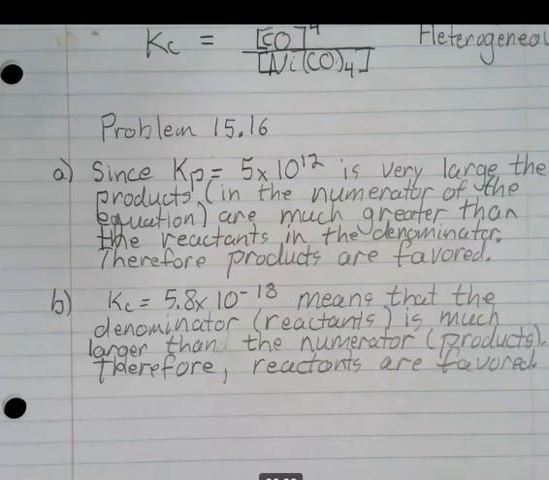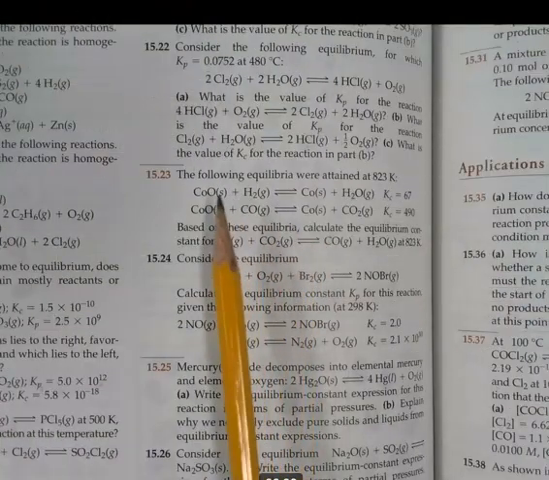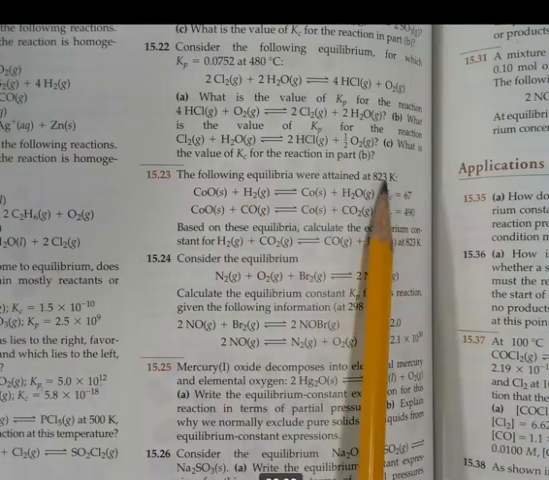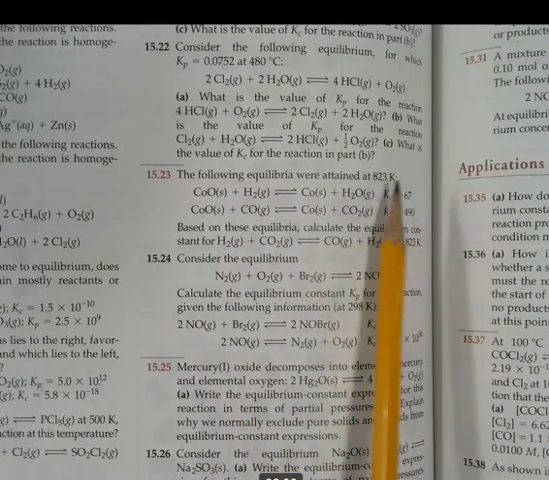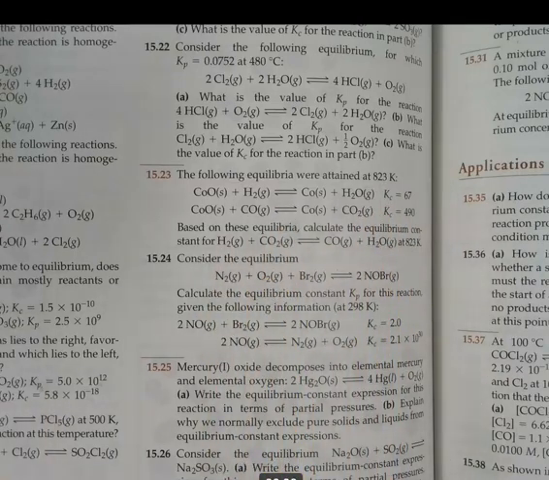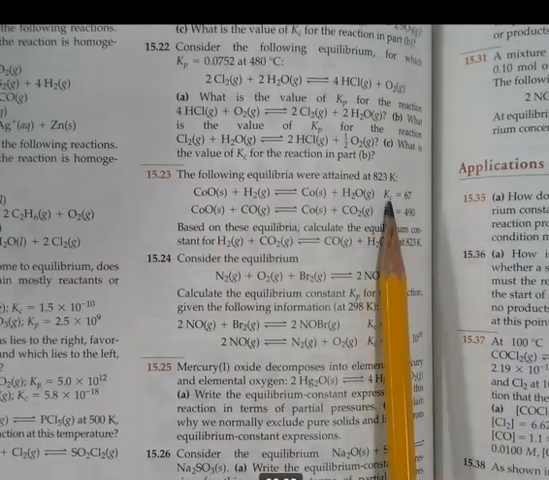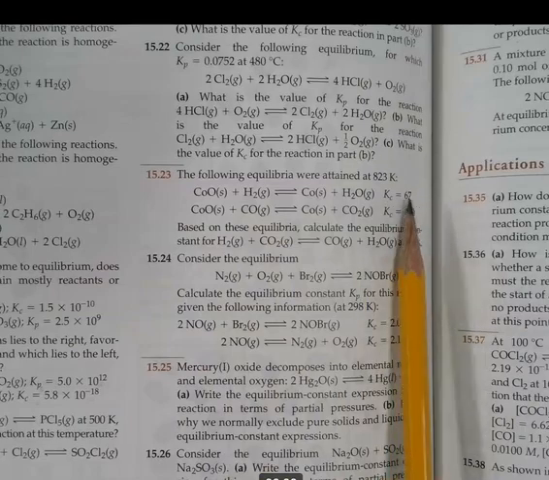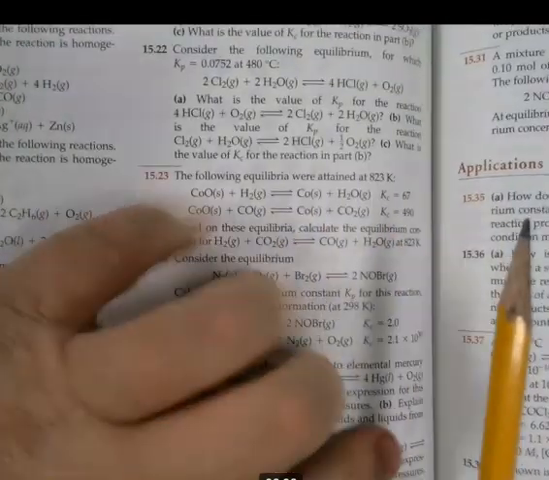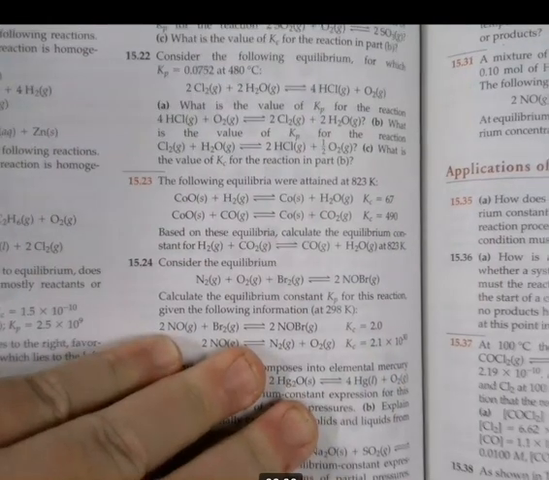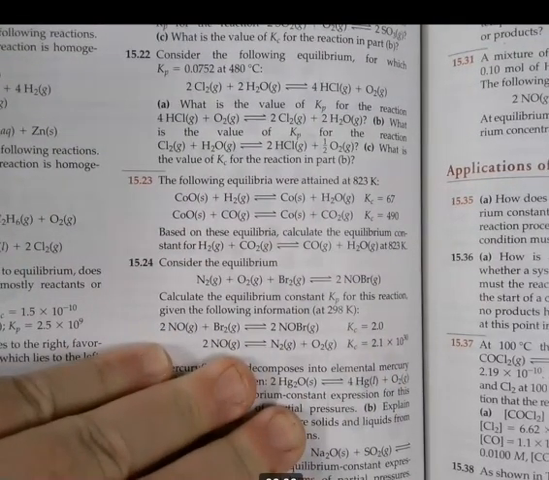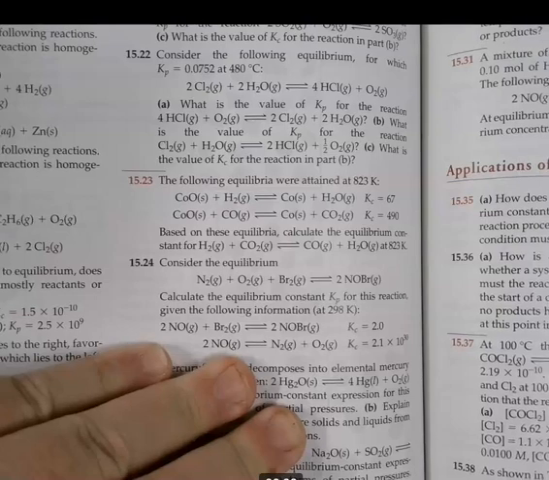All right, and we'll move on now to 15.23. Okay, so 15.23, the following equilibria were attained at 823 K. Again, the only significance is you have to specify a temperature, and as long as that temperature doesn't change, you can work these problems. So there's the two reactions. It gives you an equilibrium constant of 67 for the first reaction, and an equilibrium constant of 490 for the second reaction. Based on these equilibria, calculate the equilibrium constant for